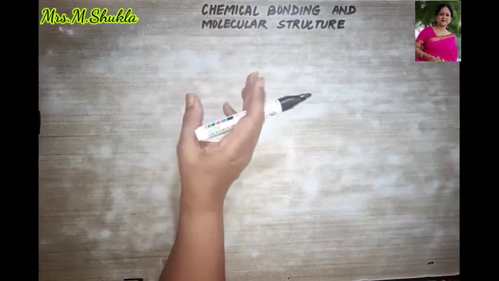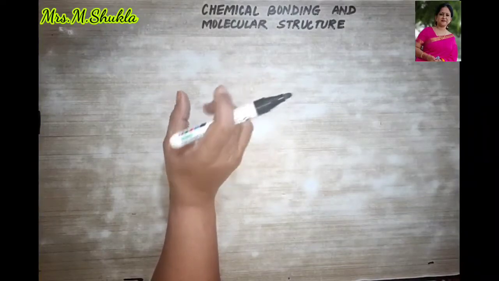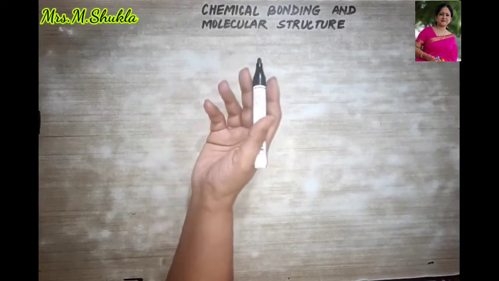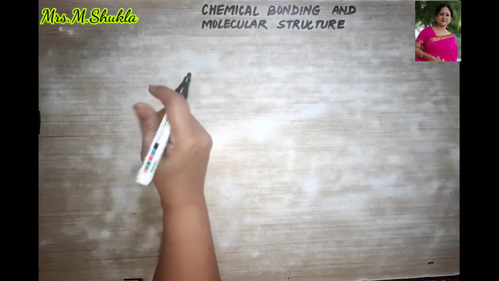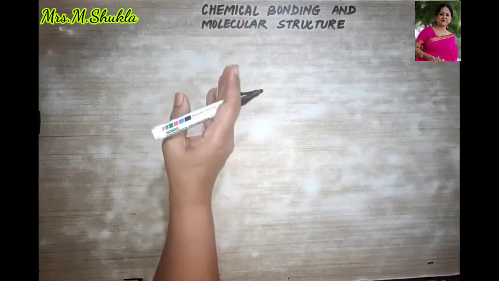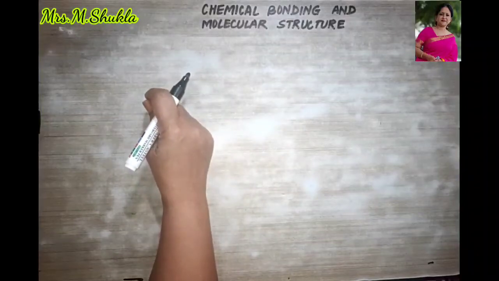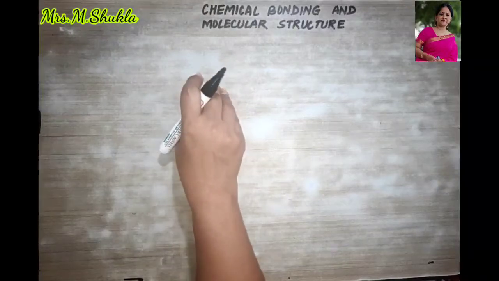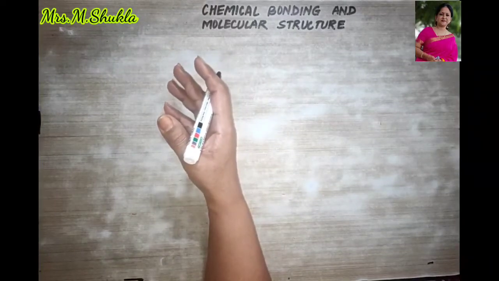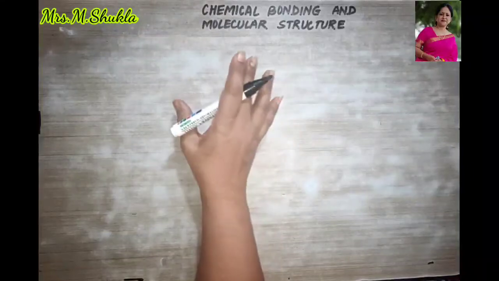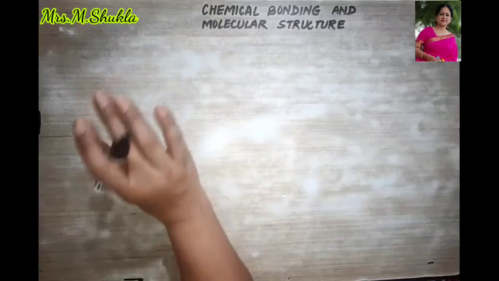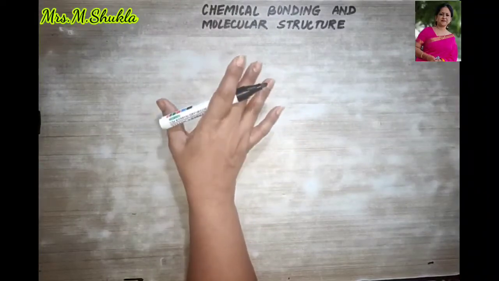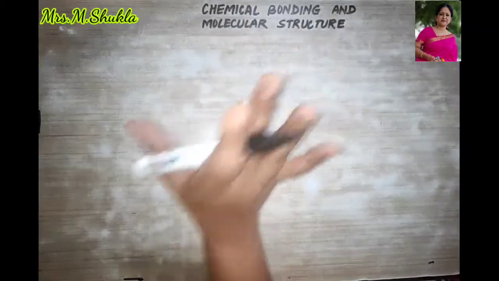So now during the study of the formation of molecules, some important questions come to our mind, like for example, why do atoms combine to form molecules, or why do atoms combine in a fixed ratio to form a molecule, or maybe why the formula of water molecule is H2O, or why is carbon dioxide showing a linear structure whereas water shows a bent structure. So the answer to all such questions is given by the study of chemical bonding and molecular structure.